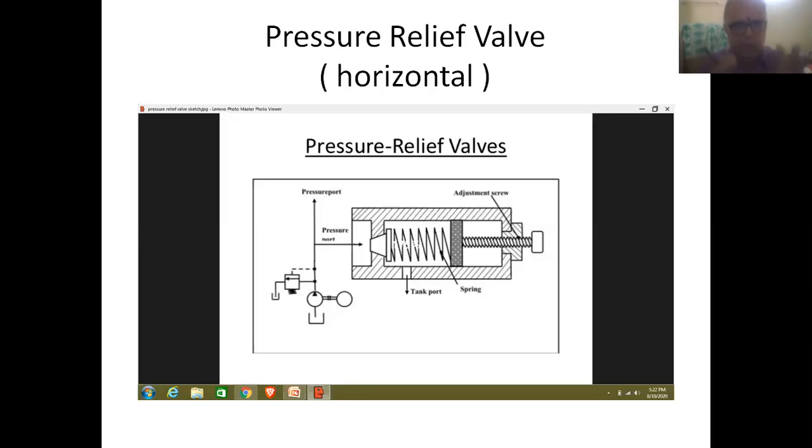Therefore, this valve is very, very essential for removing the excess pressure that is developed inside the circuit, and also for removing the excess fluid that is present in the system. As a whole, it is used for controlling the pressure of the fluid. Therefore, it is referred to as a pressure relief valve.